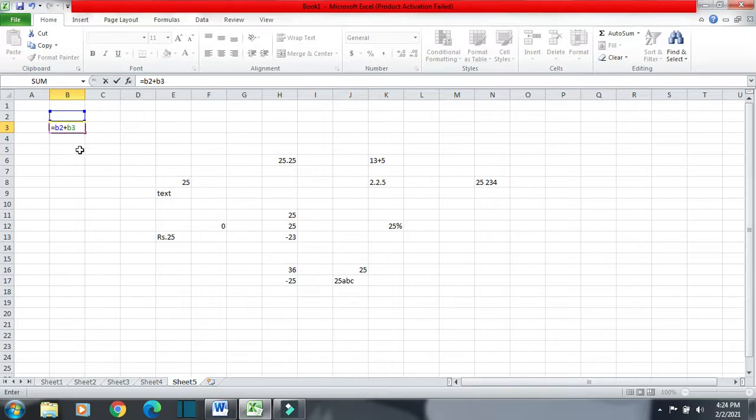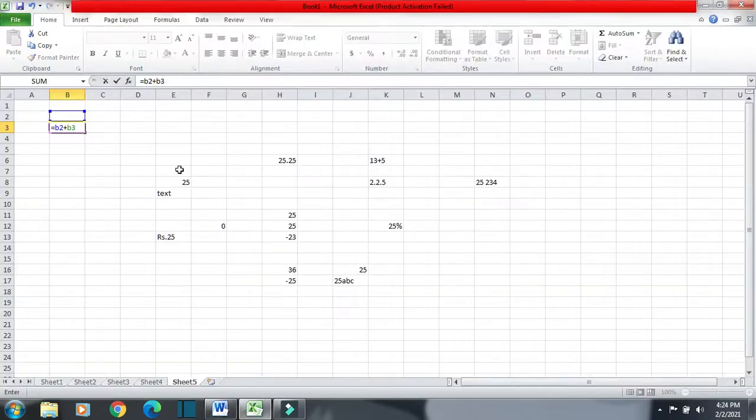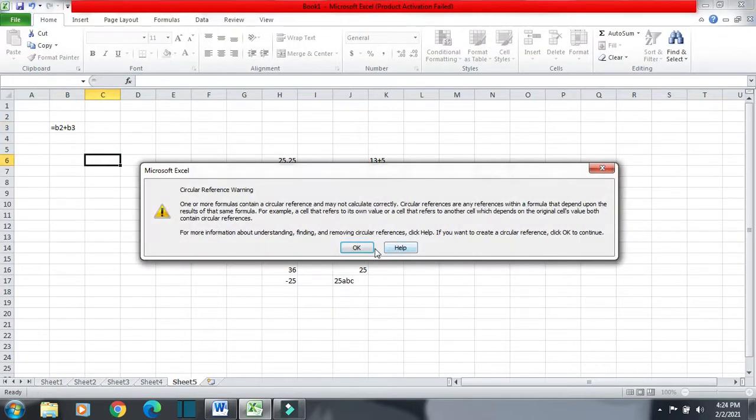So it is actually defining the relationship between two cells, B2 and B3. These entries describe the relationships among cells and generally are instructions that are used to calculate or manipulate numbers.